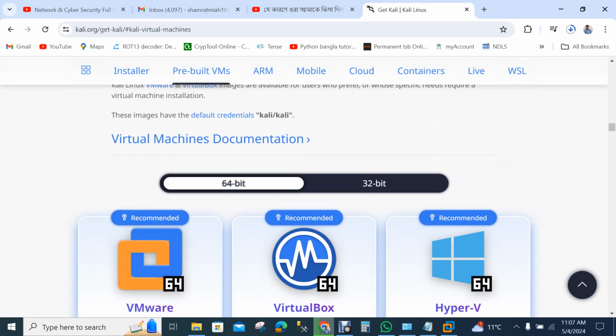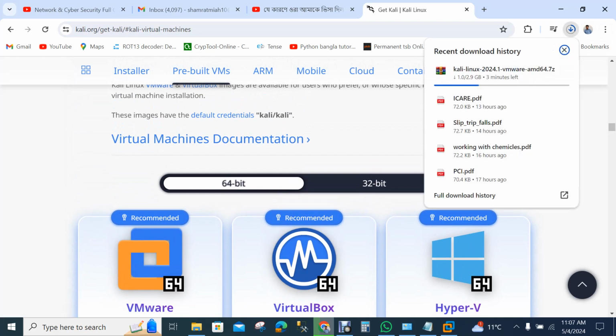Before I install anything, we have to install VMware. And how can we get VMware? This Kali Linux is an ISO, a software.